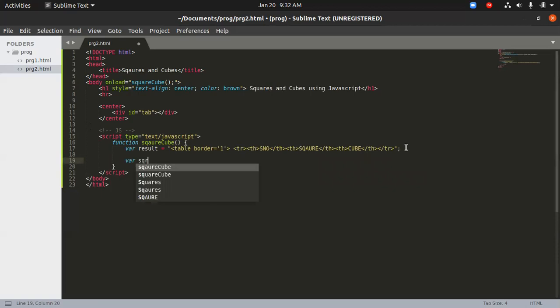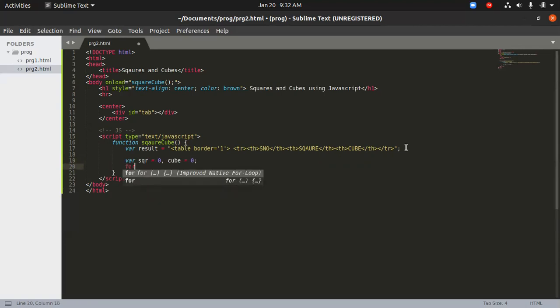So I'll create variables sqr equals 0 and then cube equals 0. Now I'm going to create a for loop, and i is equal to 0. So I'll get outputs from 0 to 10. It's 11 totally. So i less than or equal to 10, i plus plus. So inside this for loop,